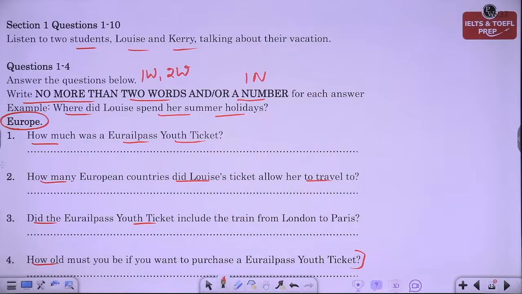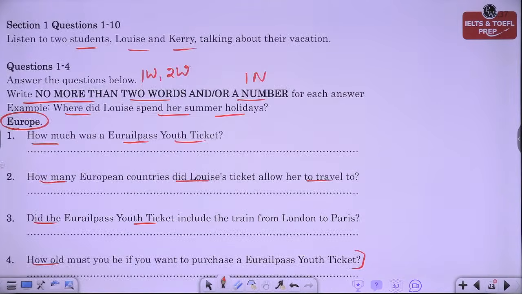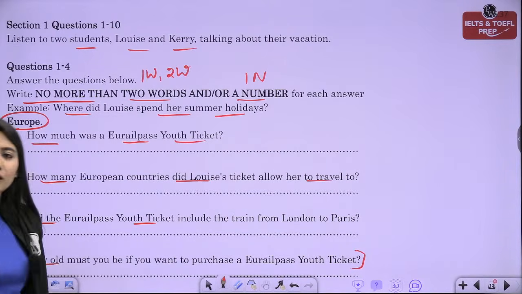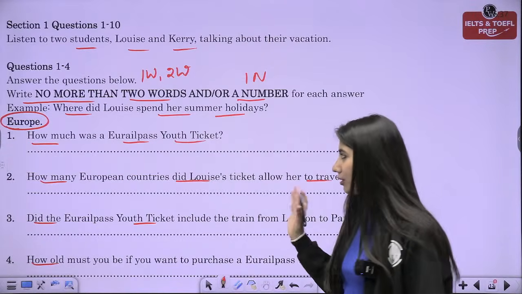Yes, guys. Should I play the audio now? Are you all done reading the questions? Okay, then. In that case, I'm playing the audio. Kindly mark your answers properly. Fine. All the best.